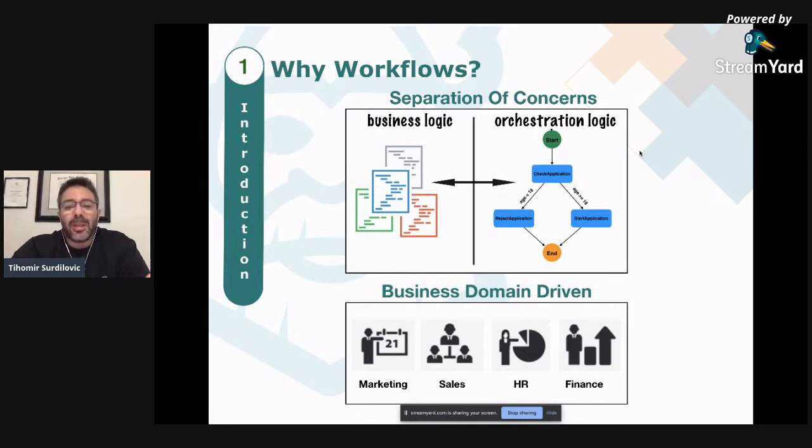In addition, workflows allow us to maintain and manage state between our microservices or our functions. Another thing workflows bring is that they're also domain-driven, which means workflows can have a domain-driven aspect for different parts of our businesses. For example, marketing, sales, HR, finance, or you name it, or even our customers.